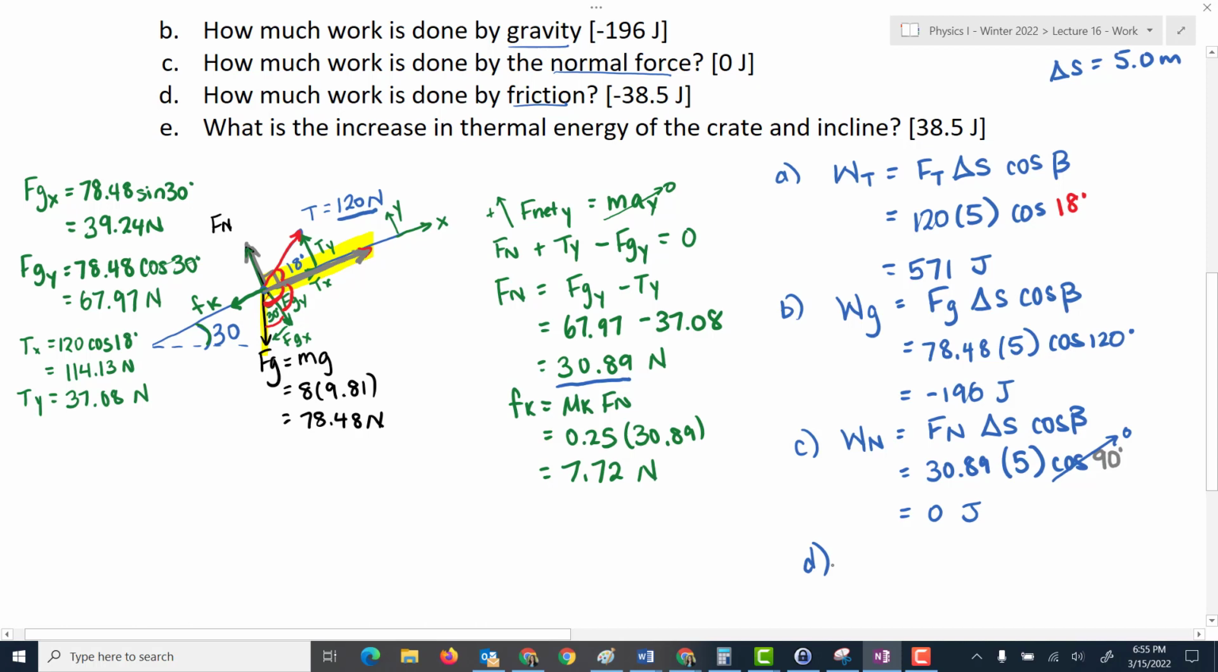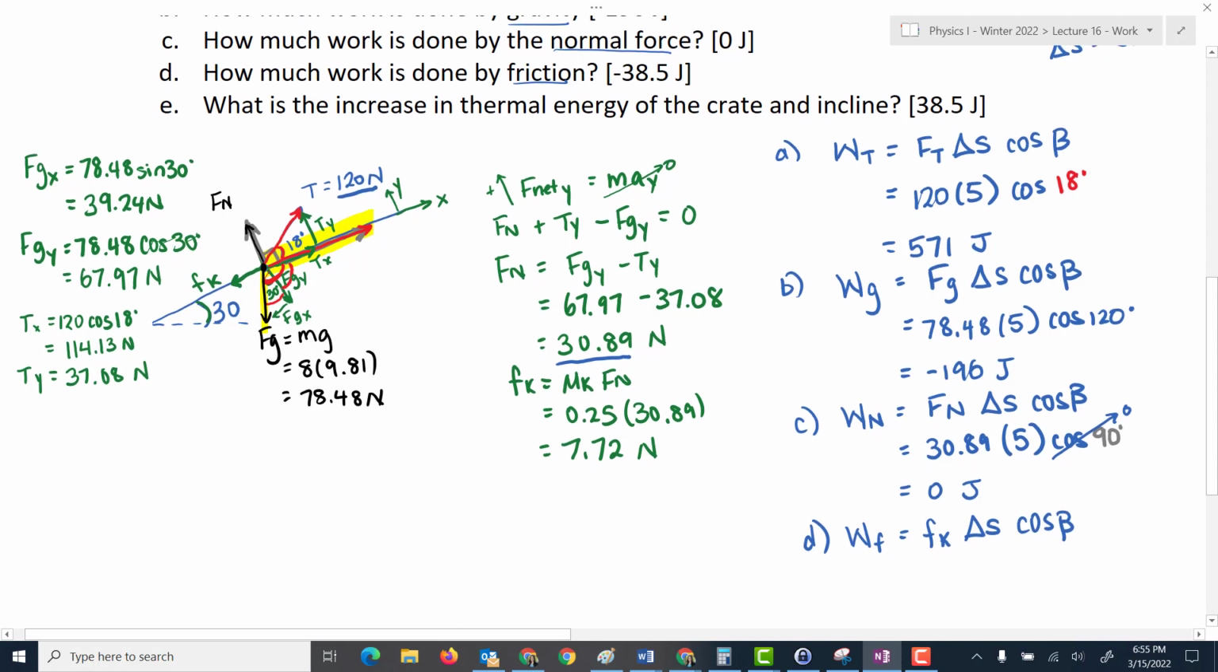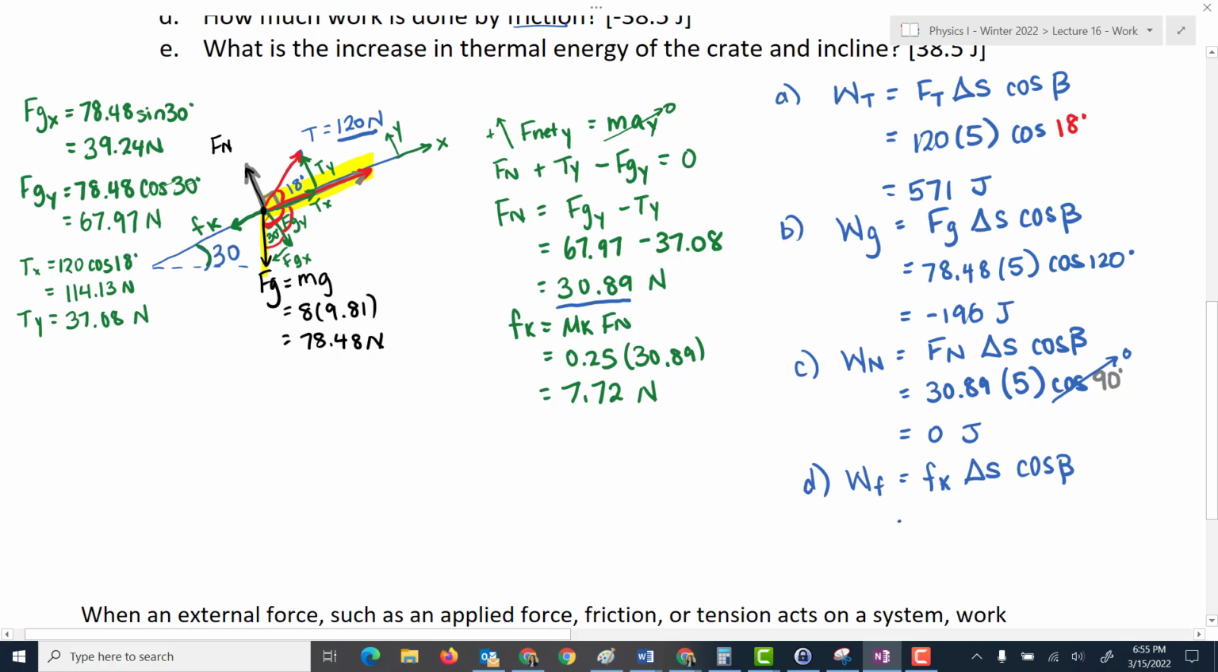Okay. D, how much work is done by friction? So I'll write that. Work done by friction is equal to the force of friction. So here I'll write force of kinetic friction times the displacement times cos of the angle between the force and the displacement. Okay, so what is the force of kinetic friction? We found it out, 7.72 times the displacement, still 5, times cos of the angle between the force of friction